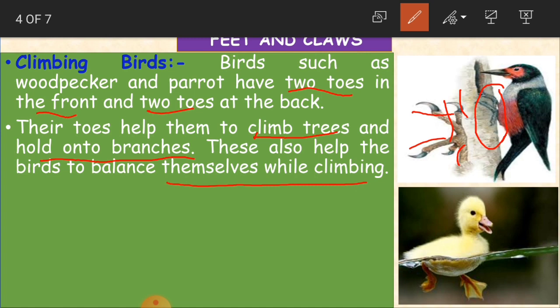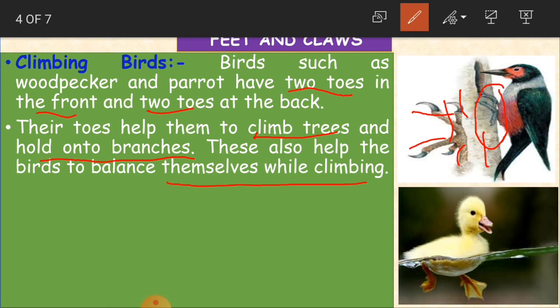So not only do they climb the trees and hold the branches, they can also maintain the balance. When they are climbing the tree, they maintain the balance by not falling down. So they can very well climb the tree with the help of these toes and the claws.